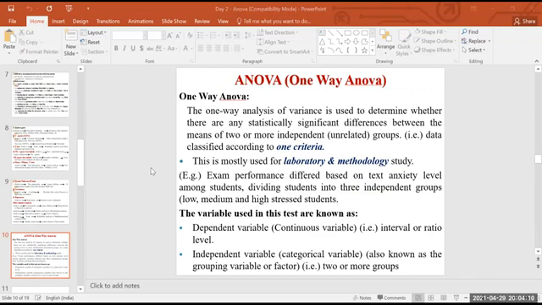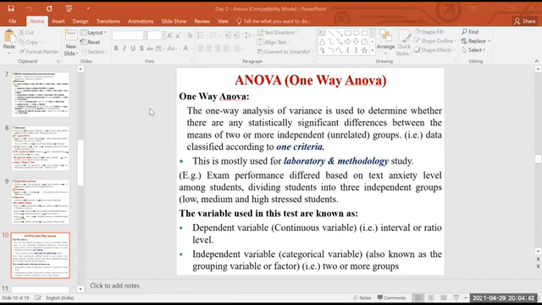Okay. Now today we will be discussing one important tool called analysis of variance, that is called ANOVA. In ANOVA we have two types: one is one-way ANOVA, another is two-way ANOVA. Simply, you can use ANOVA if you are collecting the data with a grouping variable, that means within a single variable itself you have different subdivisions.